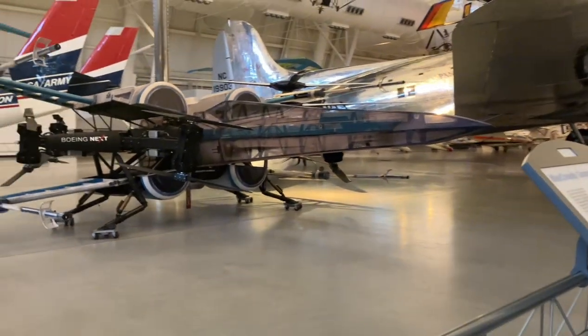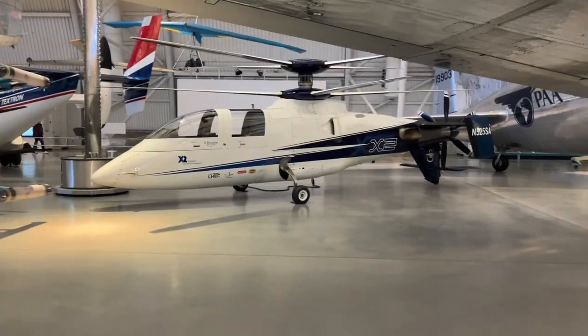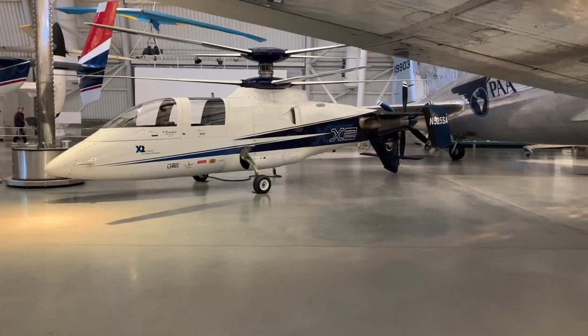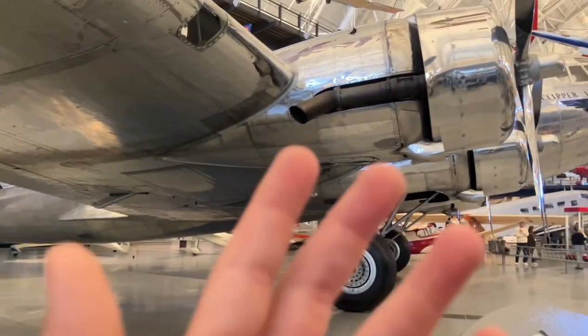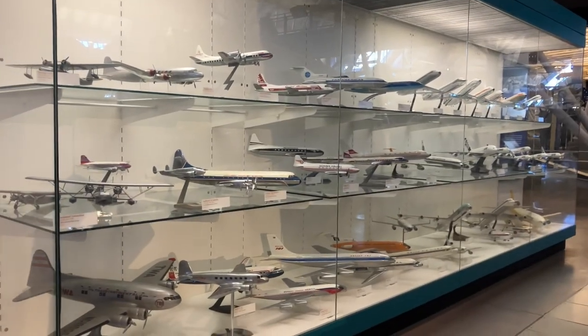It's the X-Wing. What? Sikorsky X2 technology demonstrator. And then right next to it, the Boeing 307 Stratoliner. And here we have my favorite